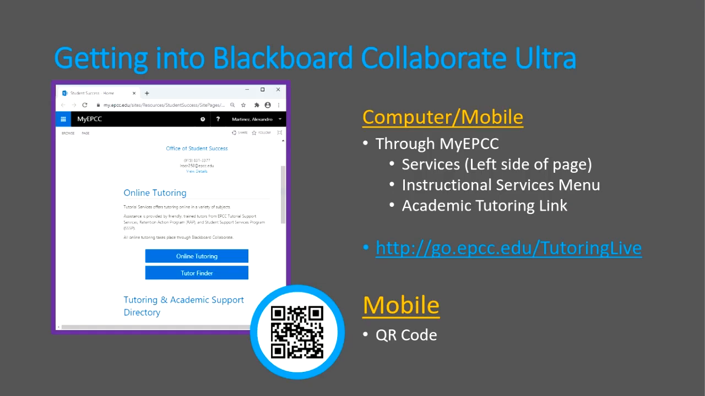So how do you get into Blackboard Collaborate Ultra once you have found the right tutor for you? On your computer or mobile device, you can enter through My EPC. Click on Services, which is on the left side of the page, and then scroll down to the Instructional Services menu, where you can find the Academic Tutoring link, or you can enter the URL listed below in blue,